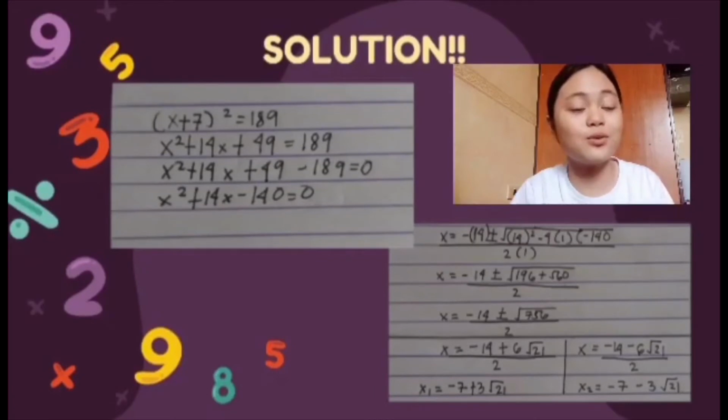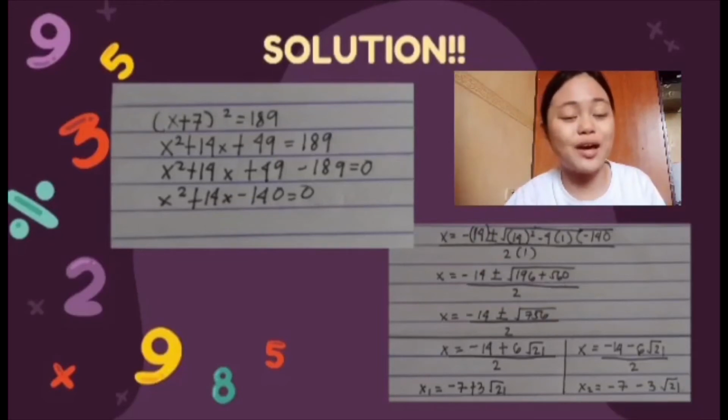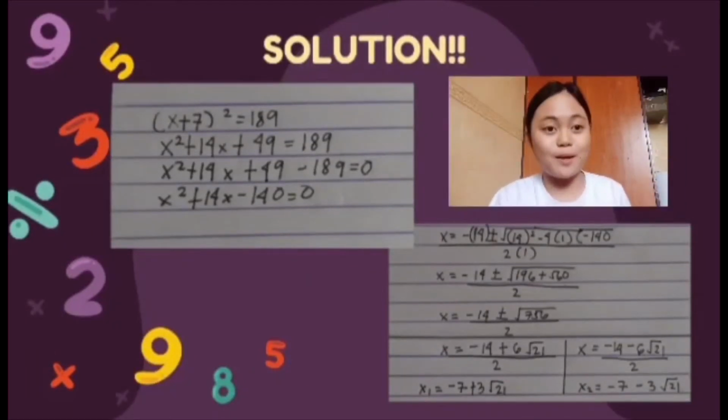And for our x2 here, we have x is equal to negative 14 minus 6 square root of 21 all over 2. Then after, we simplify each of them. So for x1 here, we have x is equal to negative 7 plus 3 square root of 21. So for our x2 here, we have x is equal to negative 7 minus 3 square root of 21. So for this problem,